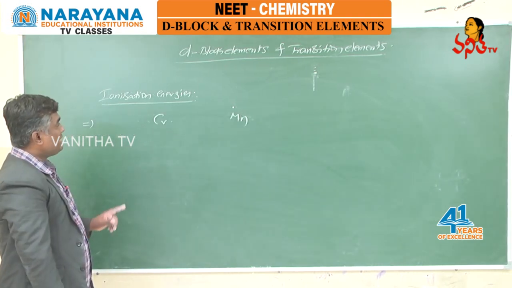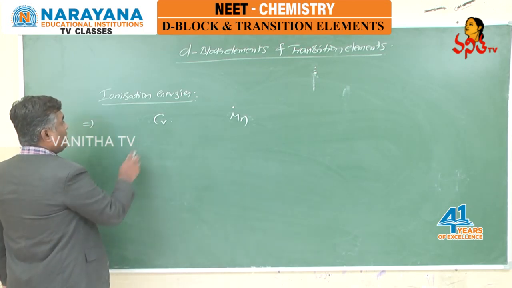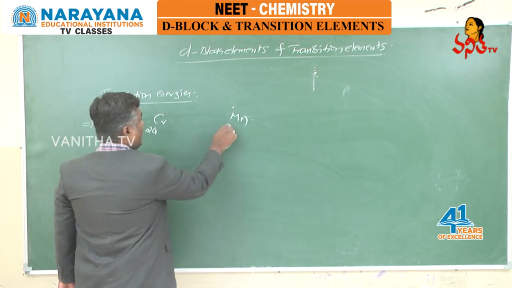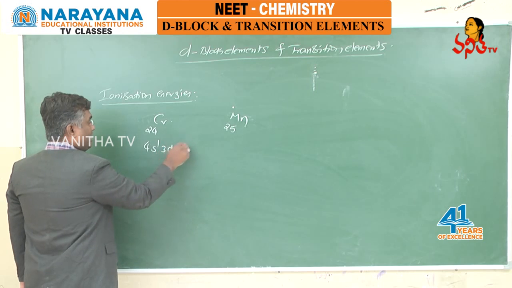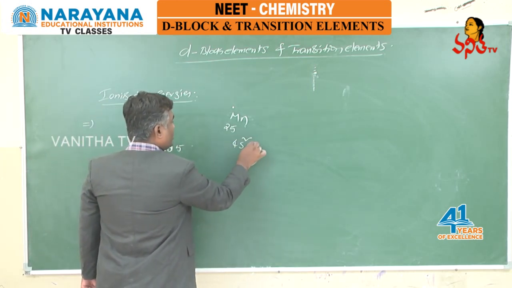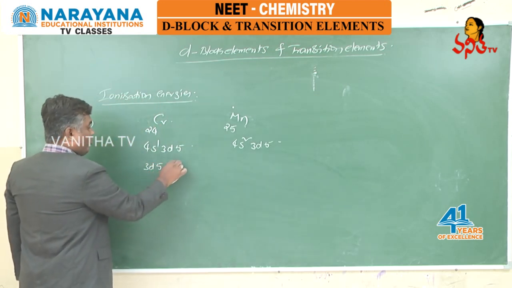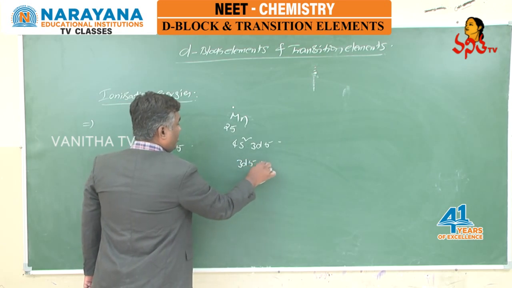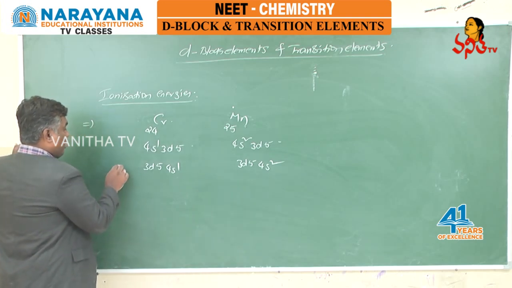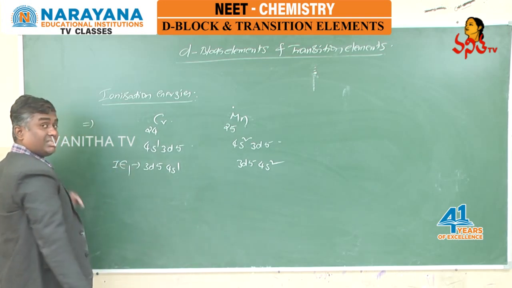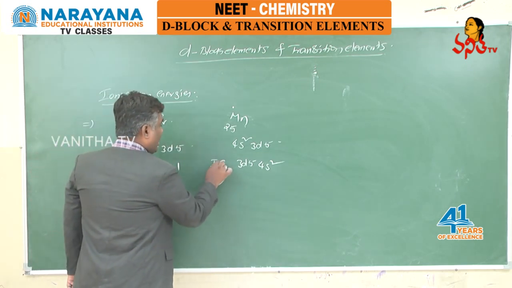Right? Now, if you discuss comparison of ionization energies of chromium and manganese, we know that chromium atomic number is 24, manganese is 25. For chromium configuration is 4s1 3d5, for manganese it is 4s2 3d5. For convenience I can write this as 3d5 4s1, 3d5 4s2. Why? Because fourth shell outside, third shell inner side. And here what do we mean by IE1? First ionization energy means to remove the first outermost electron, and here also IE1.